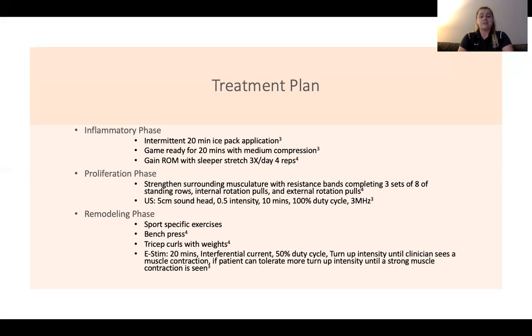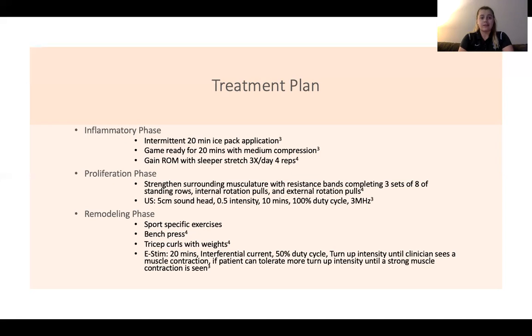The 5-centimeter sound head, since it's a little bit of a larger area to cover, 0.5 intensity for 10 minutes on a 100% duty cycle, and we're going to want that 3 megahertz so that it penetrates a little deeper and helps warm up the musculature around the rotator cuff and really helps promote healing in that area. During the remodeling phase, we can move on to sport-specific exercises, whatever those may look like for that